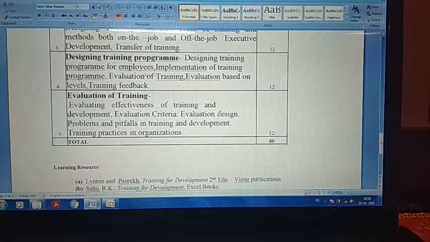देन प्रॉब्लम्स एंड पिटफॉल्स इन ट्रेनिंग एंड डेवलपमेंट, जो प्रॉब्लम्स आती है लोगों को ट्रेन करने में, और जो पिटफॉल्स यानी कि जो कमियां या ऑब्स्टिकल्स होती हैं, ठीक है, जिनको हमें हटाना है जिससे कि ट्रेनिंग प्रोग्राम को हम इफेक्टिव बना सके। सो वो प्रॉब्लम्स और पिटफॉल्स को मैनेज करना आना चाहिए, ये भी बहुत जरूरी है। एंड लास्टली ट्रेनिंग प्रैक्टिसेस इन ऑर्गेनाइजेशंस, जनरली क्या ट्रेनिंग प्रैक्टिसेस ऑर्गेनाइजेशन में चलाए जाते हैं इसके बारे में जानकारी।